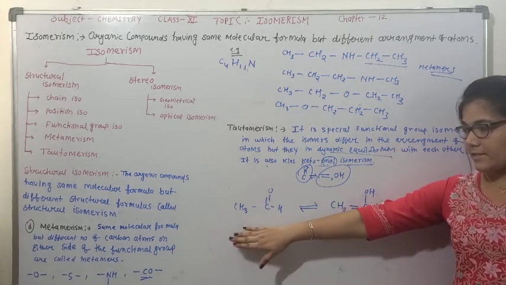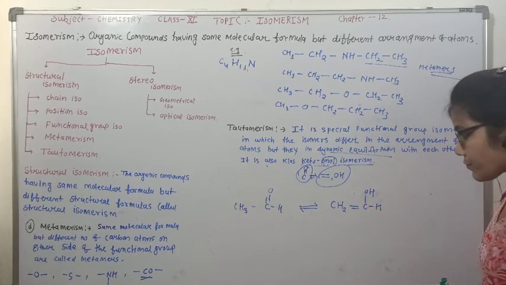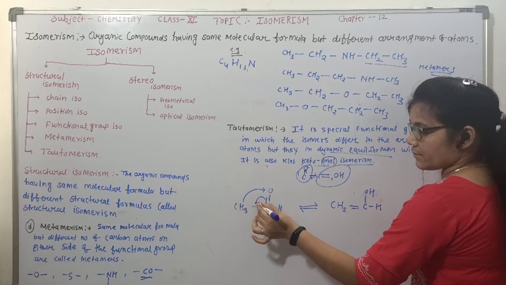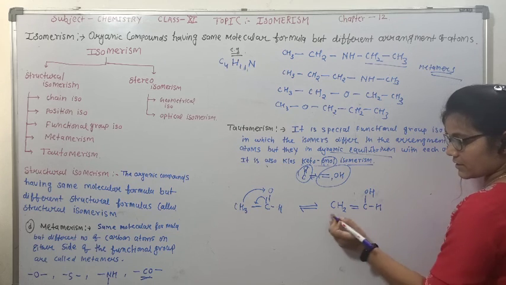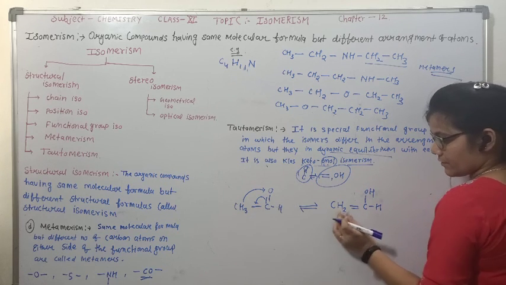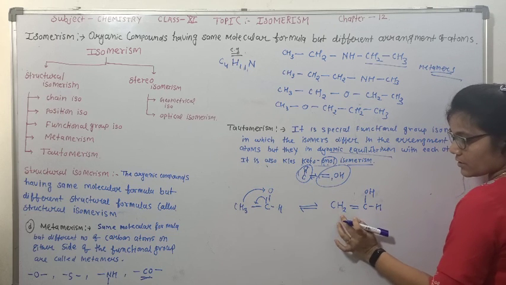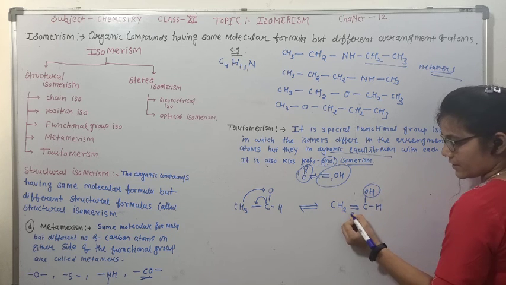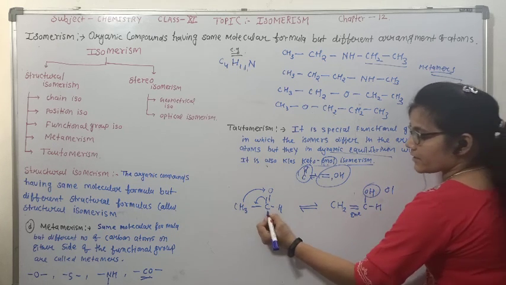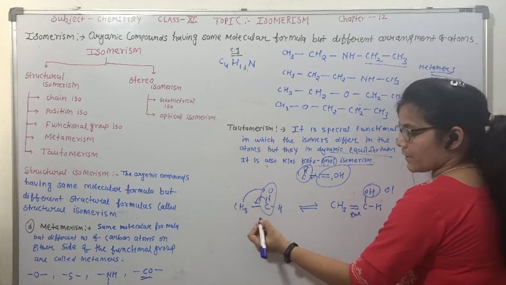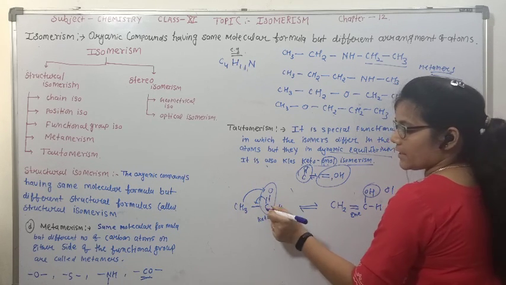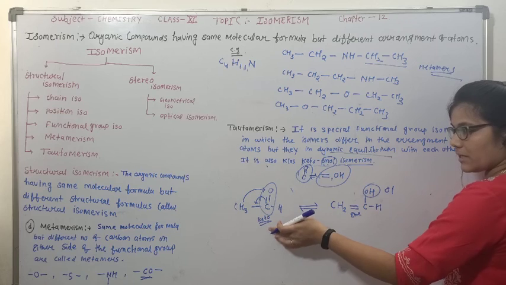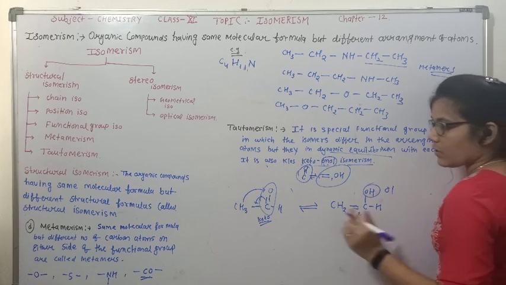For example, see, this is ethylaldehyde. So what happened here? One hydrogen is shifted here and this double bond goes there. So the structure formed has the double bond shifting here and one hydrogen moving to oxygen, CH2 double bond CHOH, that's the ene, and this one is the ol. It's the ene-ol. And here the C double bond O group is participating, which is keto. This is for aldehyde, but only the C double bond O is participating, which is keto. So that is why it is called keto-enol tautomerism. One more example.